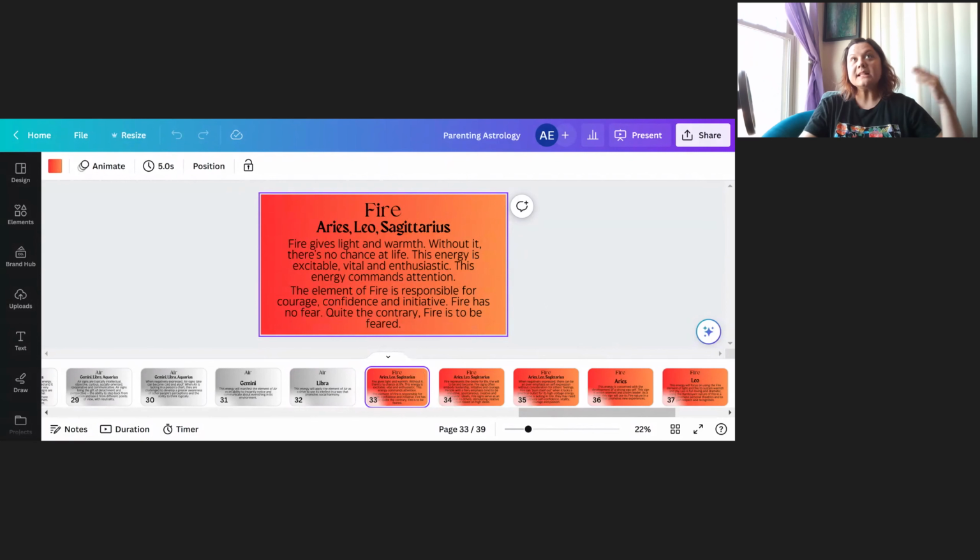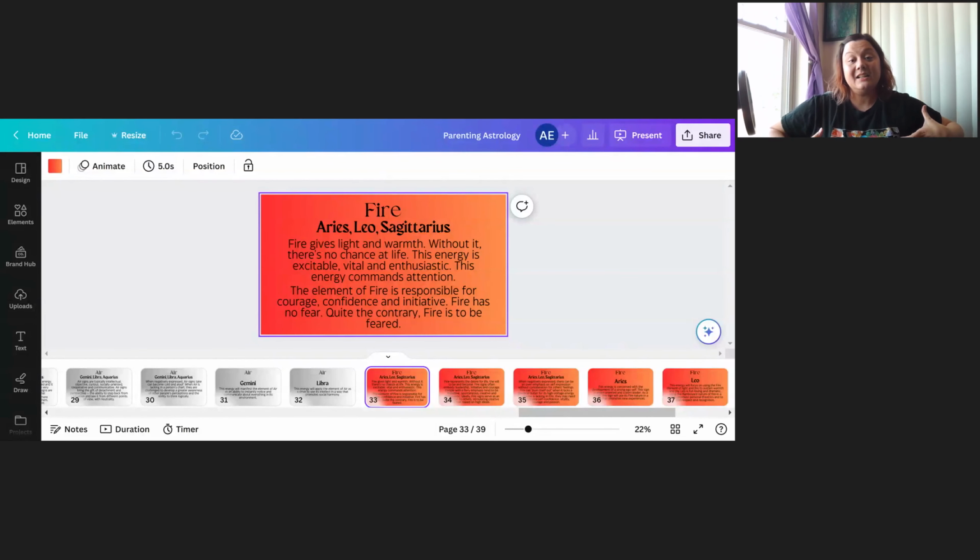Now, this goes for any element. Let's say you're lacking an element, like I said, earth. I'm lacking earth. I have one earth placement. So for people who are missing that element, getting into nature is really important. And as an introvert, I see how hard it is for me to actually do that. You might not naturally want to get out into nature if you don't have a lot of earth energy. But when you do and you're grounded and you put your toes in the sand or in the grass and you sit there and connect to that energy from the earth,